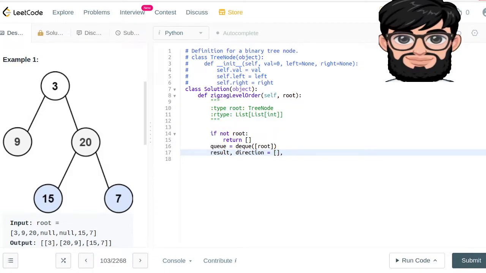Result is empty, direction is initially 1, because our root is only one element, but we're still going to say that it is going from left to right, and the next one is going to be from right to left. So once we have initialized the variables, we're going to say that while there is some element in